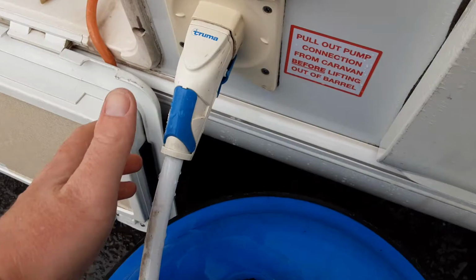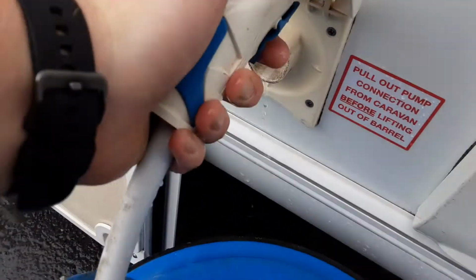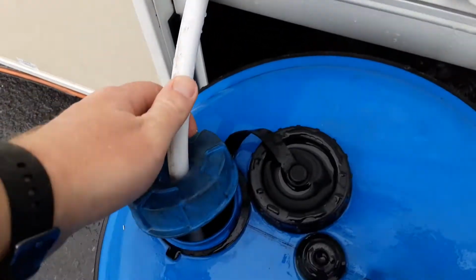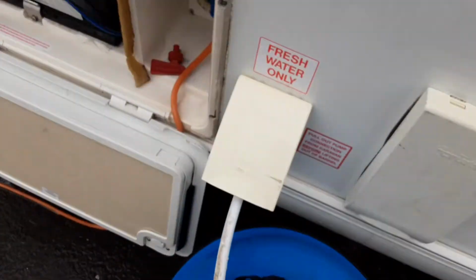You've then got your water pump connection, which you release by pulling back the blue trigger. It does take a little bit of force to pull them out, and then to push them in, you do the same again. Pull the blue trigger back and push it into the side of the caravan. You've then got your pickup pipe that drops down inside the Aqua Roll,